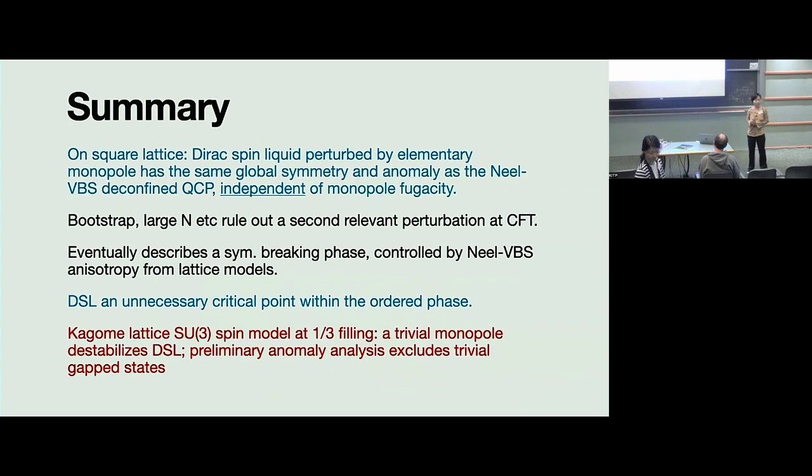Quick question. The parameter lambda needs to be real because of time reversal or something like that? The monopole fugacity? So we only have one real component monopole that's trivial, right? So the trivial monopole is a real component. Yeah, so it's already Hermitian. So that's M plus M dagger. With a particular phase choice, only M plus M dagger is trivial, basically the real part of M is trivial, and the imaginary part changes sign under time reversal. I see. Thank you.